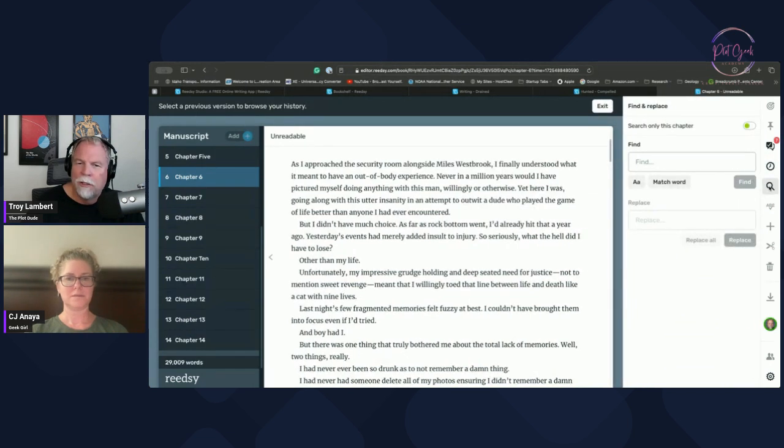Typical Word stuff, you can hit find and replace, that type of thing. You can match the word, match the case, all that kind of stuff. So there's all kinds of stuff you can do. You can hit search only in this chapter or in the whole book, whichever you want to do. Okay. So search and replace, very similar to Word, very similar to what you have in Google Docs, but I